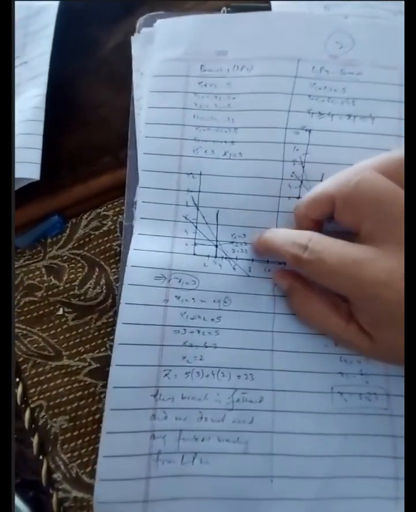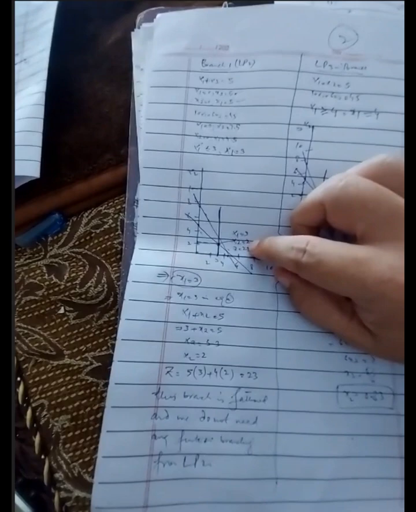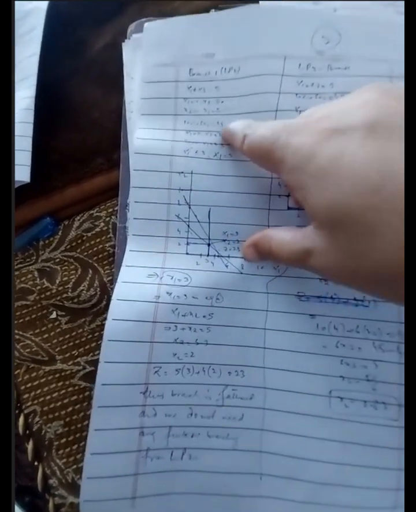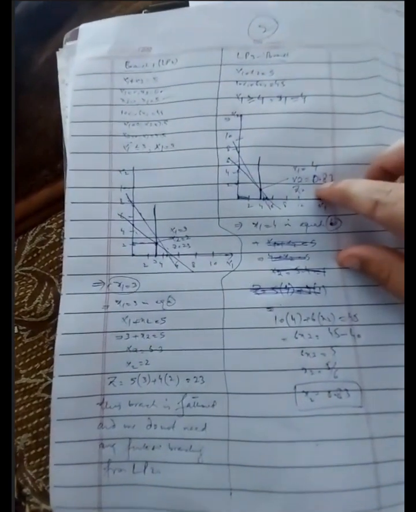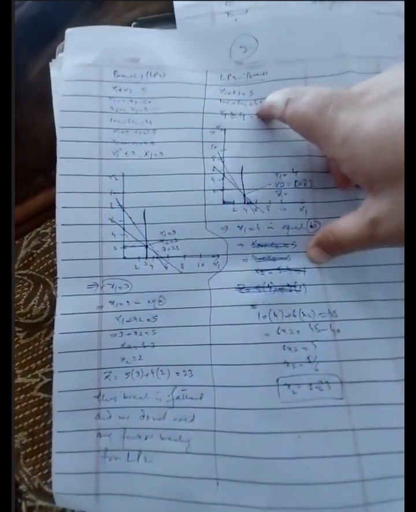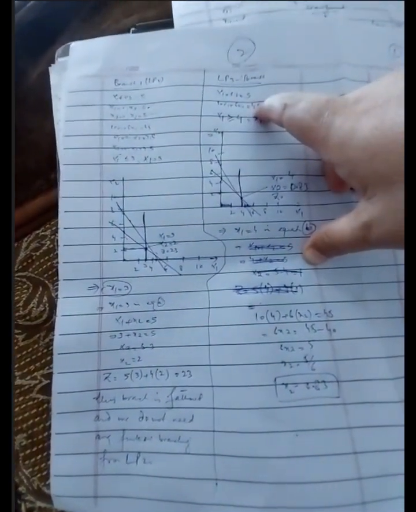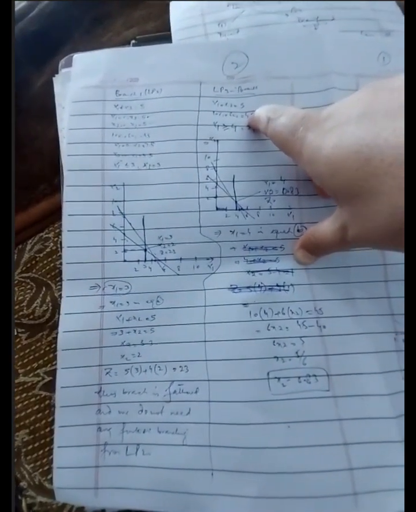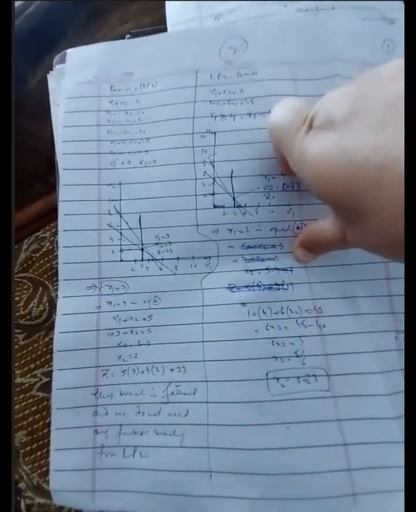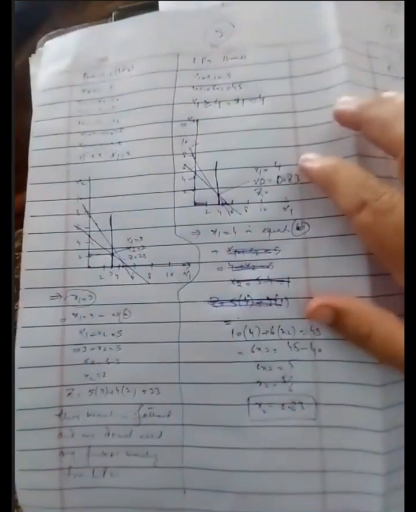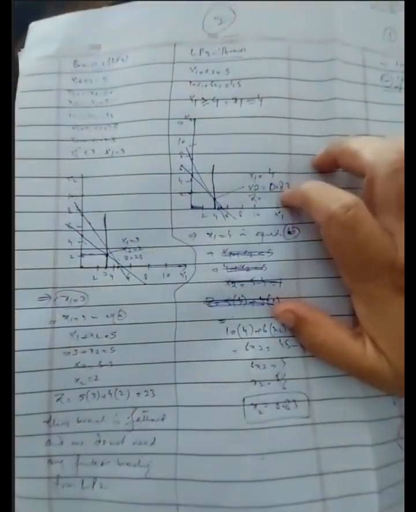The reason is that if we put x1 is equal to 3 and x2 is equal to 2, it satisfies constraint 2. But if we put x1 is equal to 4 and x2 is equal to 1, it does not satisfy this second constraint. So in order to find the point of intersection, it must satisfy both the constraints. Okay. So x1 is equal to 4 and x2 is equal to 0.83 and